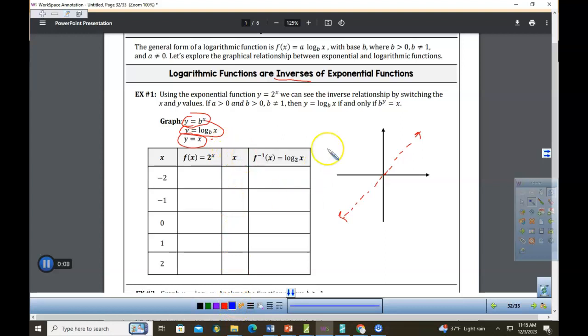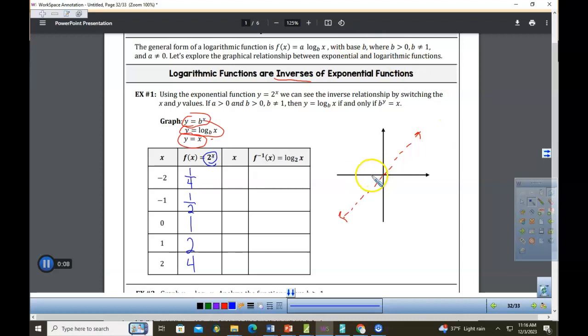Now, to graph the other ones, let's try a basic exponential. Let's do 2 to the x, right? So 2 to the negative 2 would be 1 over 2 squared, which is 1 over 4. 2 to the negative 1 is just 1 over 2 because a negative exponent flips it. 2 to the 0 is 1. 2 to the 1 is 2. 2 to the 2 is 4. So when I graph this,